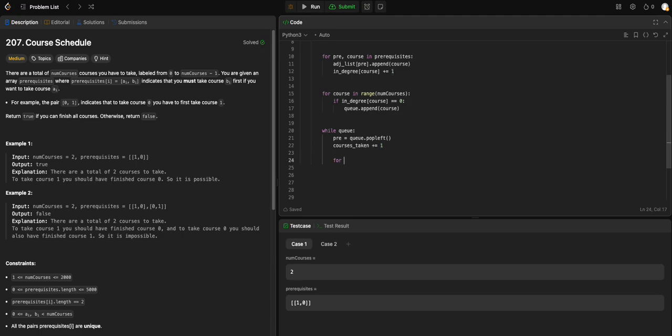For each course in adjacency list of prerequisite, we decrease the in degree of that course by 1, because we have taken our prerequisite. If the in degree becomes equal to 0,